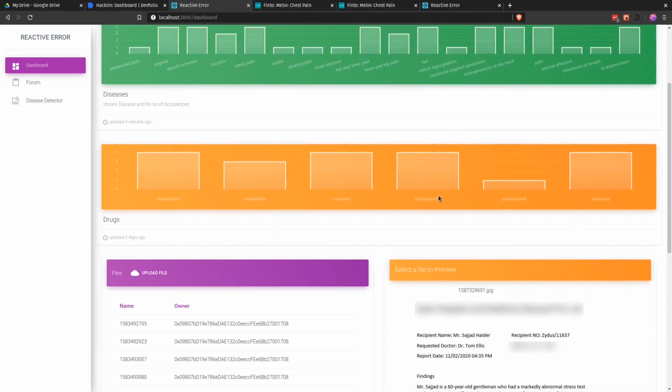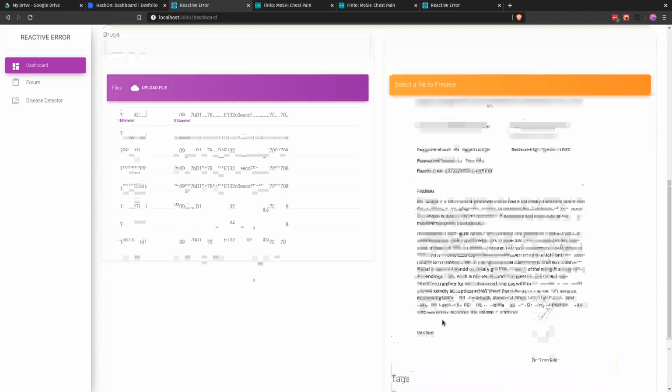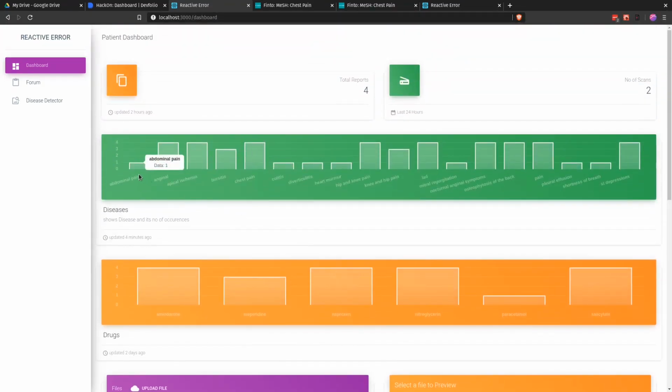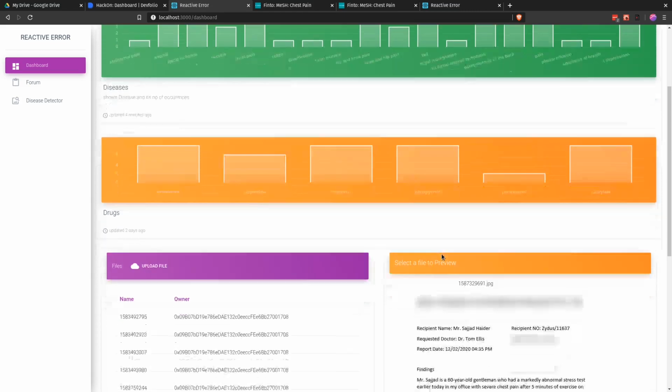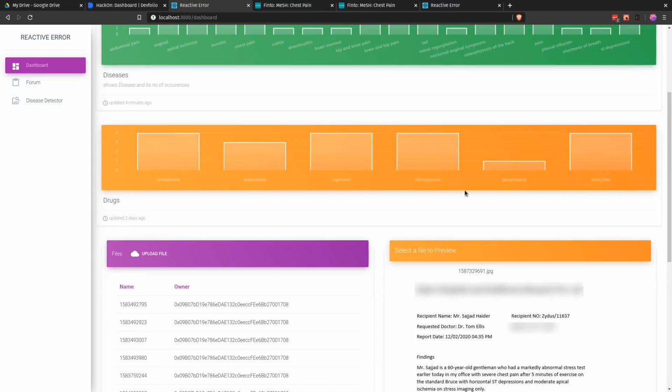Now what do we do with the reports? We anonymize all the reports and give the patient a brief summary of their medical history. For example, the patient has been diagnosed with shortness of breath only once, but with depression four times. If you want, you can easily share this medical report with any new doctor you are consulting, so it decreases the time for the new doctor to get to know your medical history. The same is true for the drugs that have been recommended to you. So the new doctor can easily come up to speed with all the information about you.